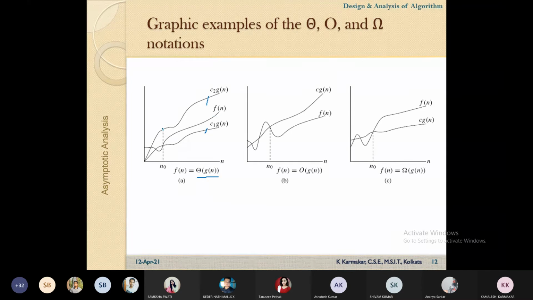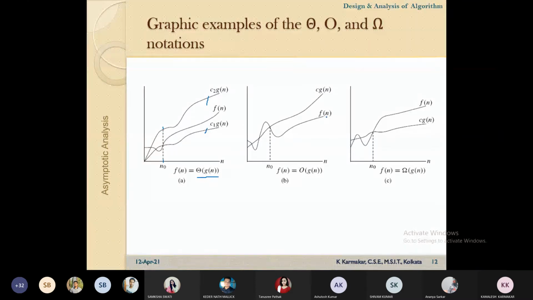Here we are representing a dotted line. This line represents the value of n0, the initial value of n. For values of n greater than or equal to n0, the inequality will be satisfied. It may not be satisfied within the range 0 to n0, but for any larger value, that is n greater than or equal to n0, it will be satisfied. So you have to determine the value of n0, as we have determined in every case.